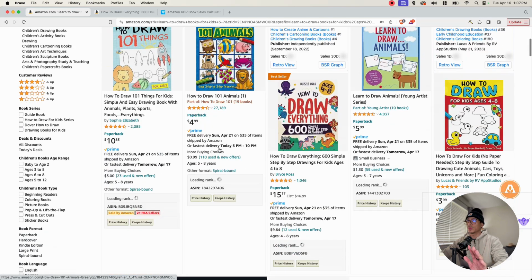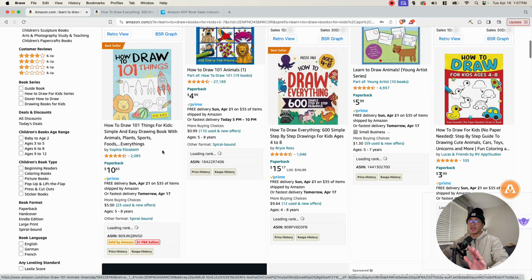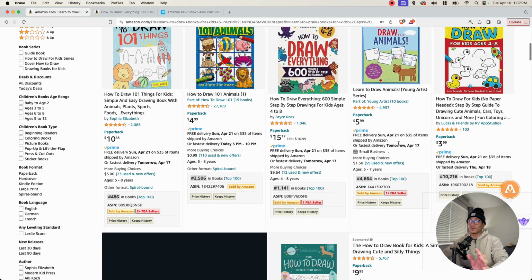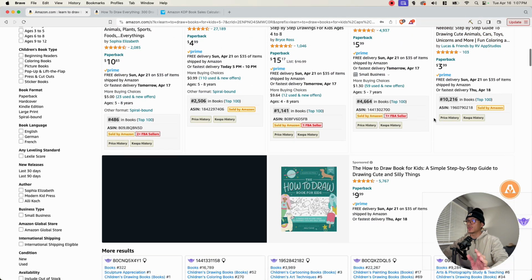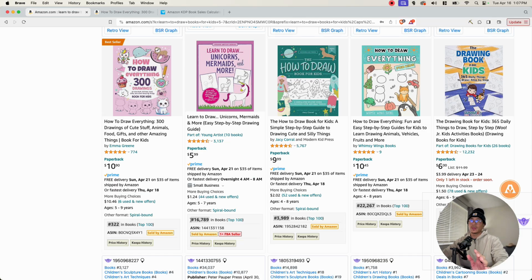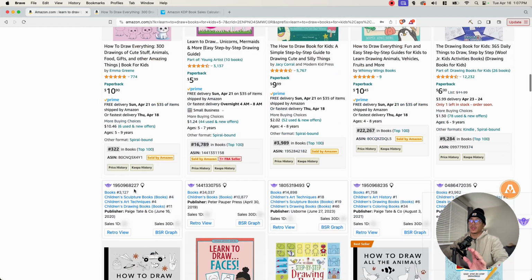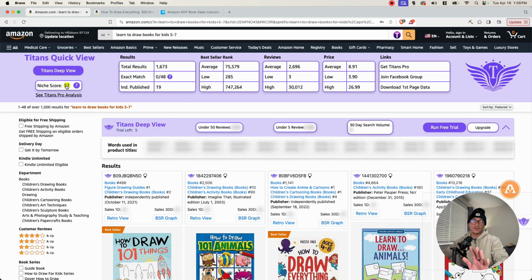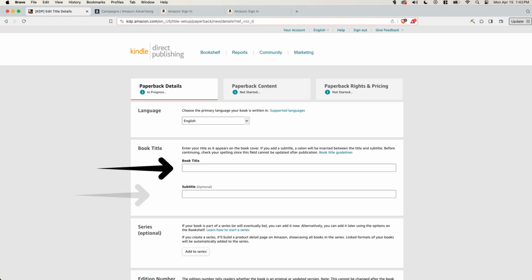And if we go through the listings here, we're going to see that a lot of these books are well below the 300,000 BSR rank that we're looking for. We have this one at 10,000. We have this one at 322, this one at 16,000. And as you can see, there's quite a few books here that are well below the 300,000 BSR. And then we have a niche score of 57. So now I know that this keyword is something that I want to look more into and possibly use in my title, my subtitle, and